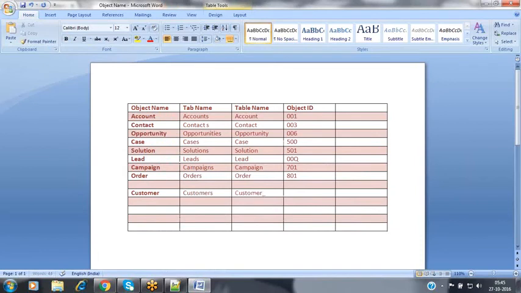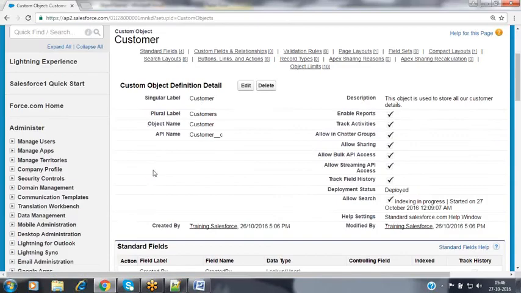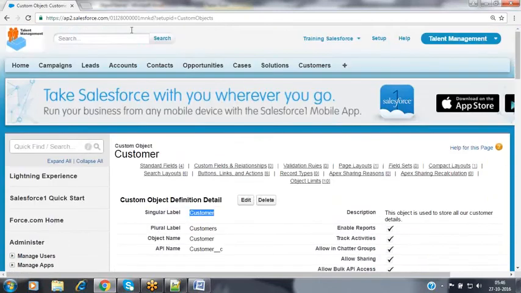The table name is customer__c. And if I'm creating an object called position, and giving the tab name as Positions, the table name is position__c. For each and every object, it may be standard, it may be custom, Salesforce is going to allocate one object ID.